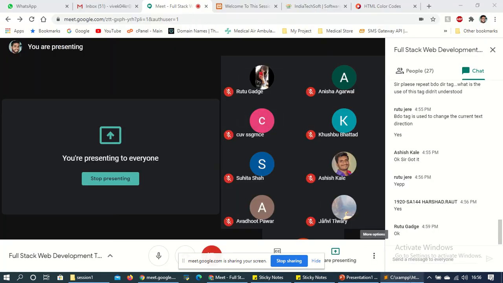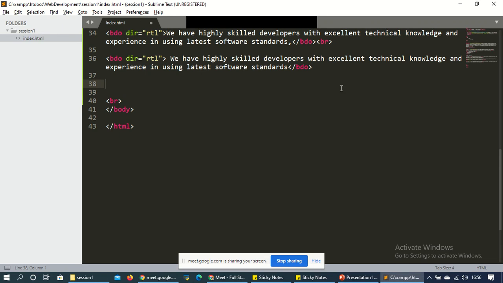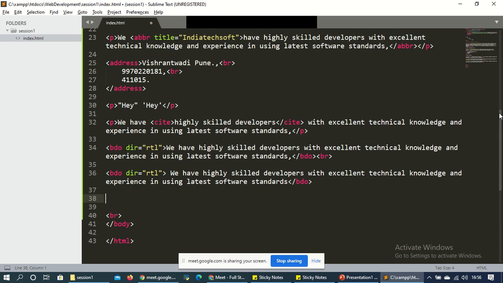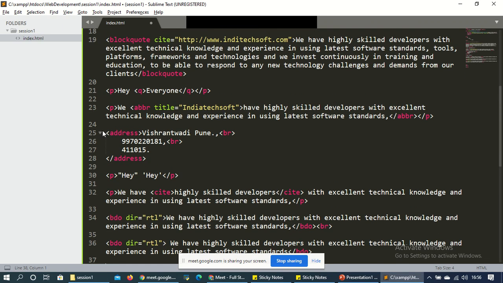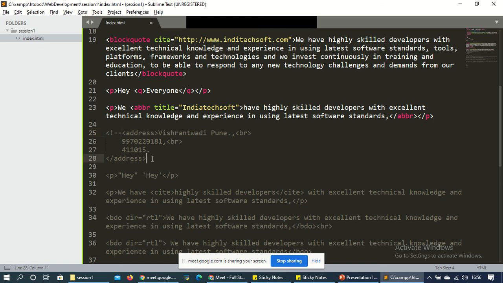Now we are on comment. So we have seen the way to apply a comment. Like I want to comment this whole address, so just select it. Or you can write angle bracket start, then not, then slash, and then after this one.